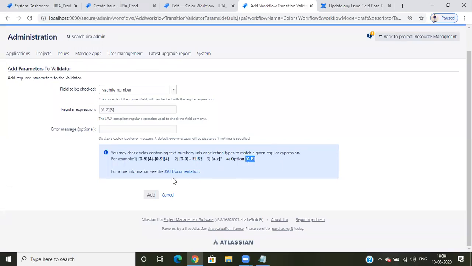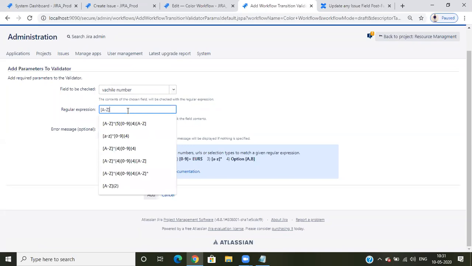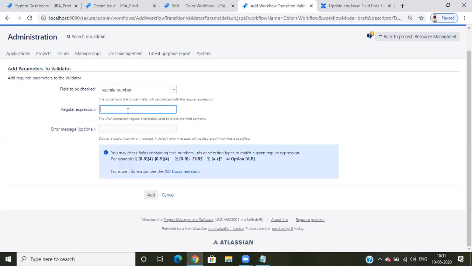The same thing I can write here for 0 to 9, or I'll enter 2 comma 3, and only 2 or 3 will be accepted, and another number will not. In real time, take the vehicle number. Suppose mine starts with KA. I must enter KA and I don't want to enter any other letters. So in that case, what we need to write here is only K comma A.